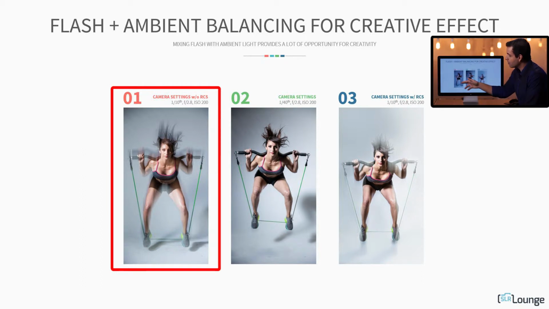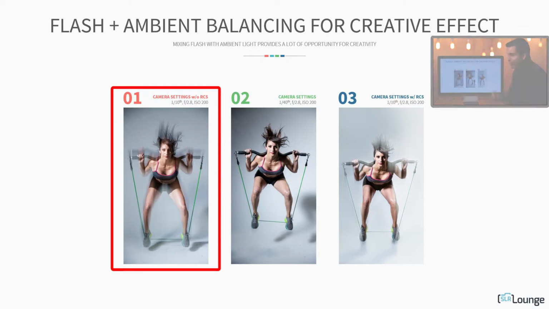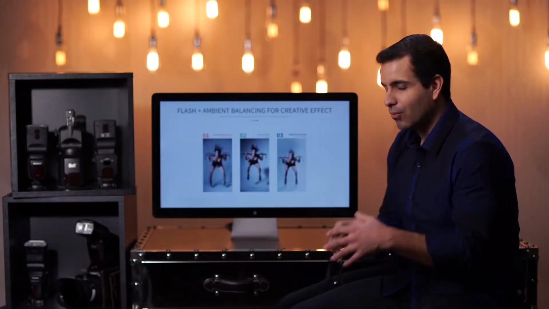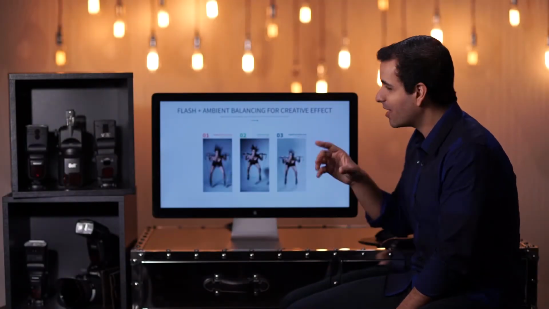The parts of her that are frozen were hit by the flash, and then the parts that are in motion were where the ambient light was basically affecting after the flash was fired. Notice one thing here. This says without rear curtain sync, RCS. We're going to go over the details of that more later on, but I want to talk about it briefly